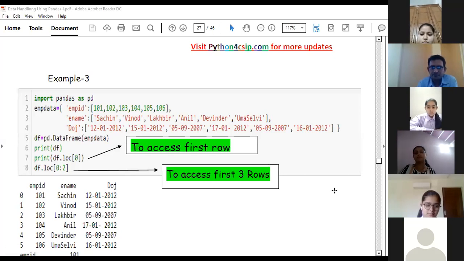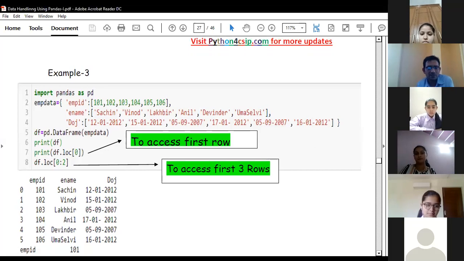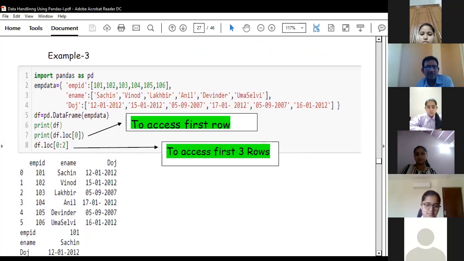So whatever the answer has been given in line number 7, only one row is selected, with all the columns. When the column range is not mentioned, by default you should understand that all the columns will get selected. When a single row is displayed, it is displayed in the form of a column.